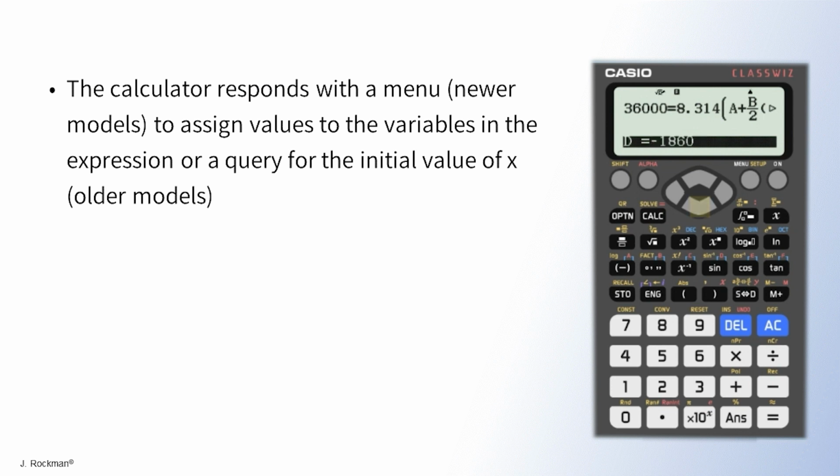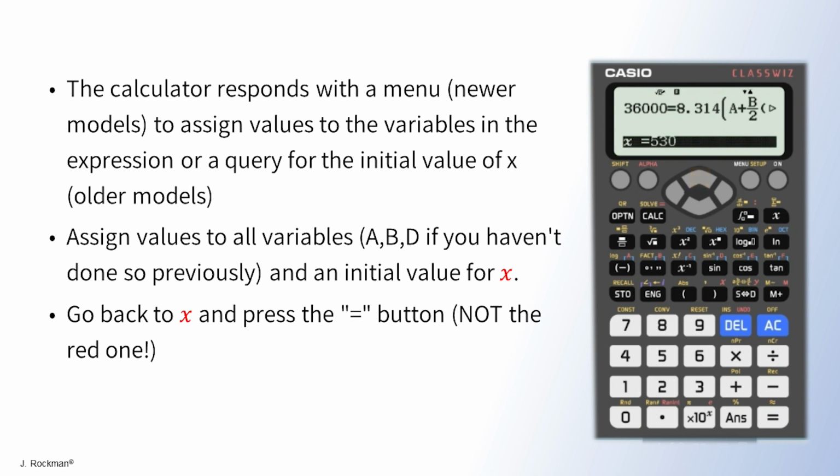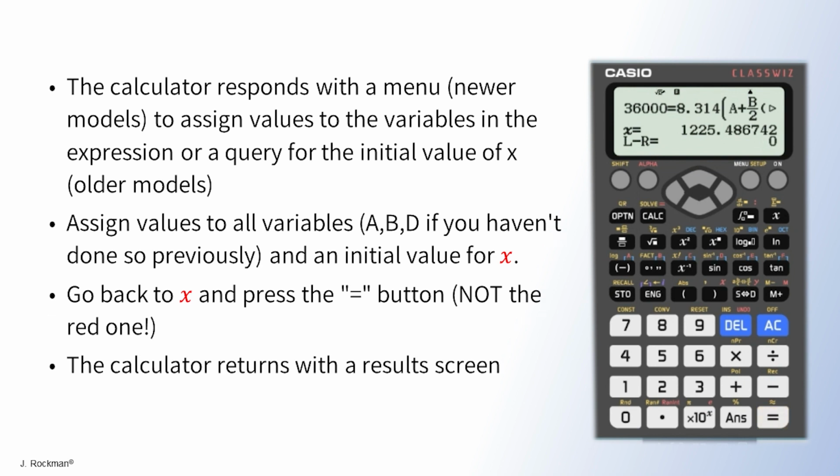Older models will ask for an initial value of x. Newer ones will give a menu of all the variables that appear in the equation, in this case a, b, d, and x, and their current values. Choose the variable x, assign it an initial value of 530 Kelvin, which is equal to T0. Then re-choose it again and press the equals button to initiate the solver algorithm. The solver uses Newton's method, and the answer quickly converges to